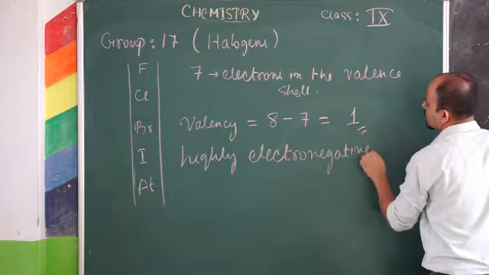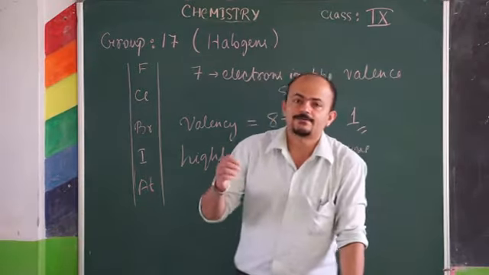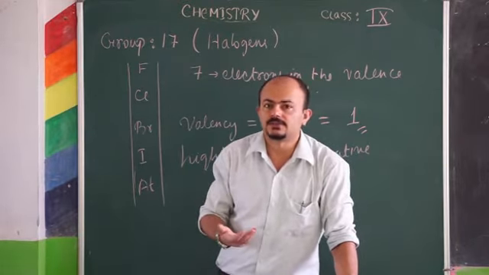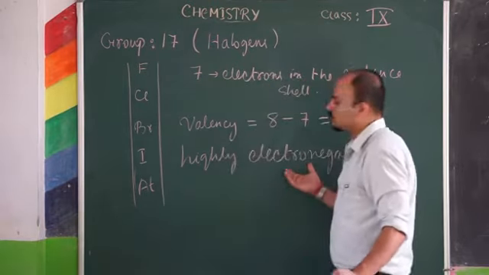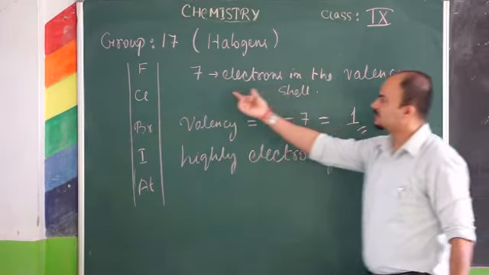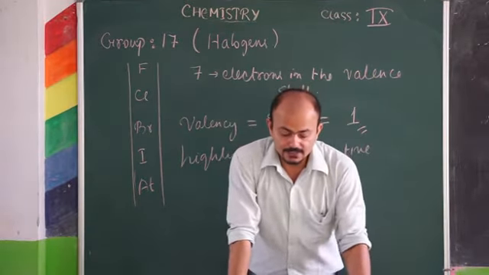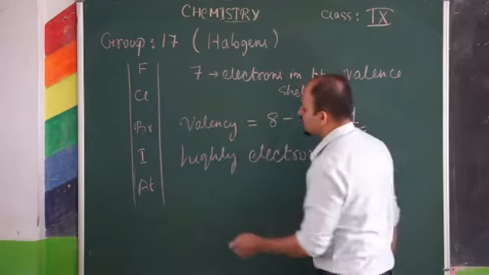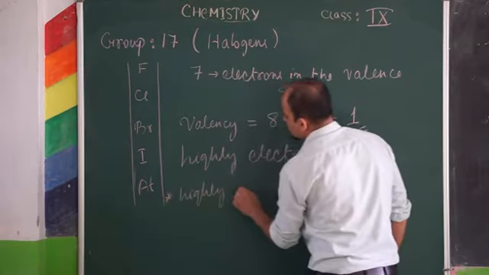Why are they highly electronegative? Because they have 7 electrons in the valence shell, and if they get one more electron, then they will have a noble gas configuration and become very stable. Therefore, from others, they are always looking for one electron. They are also highly reactive